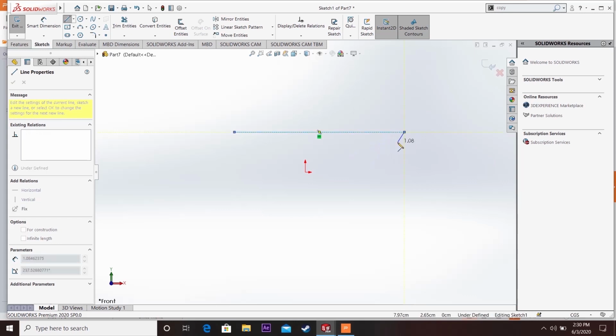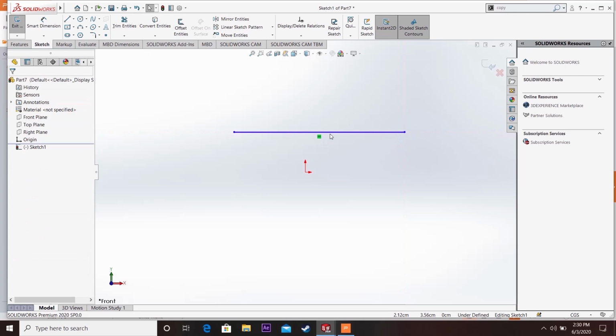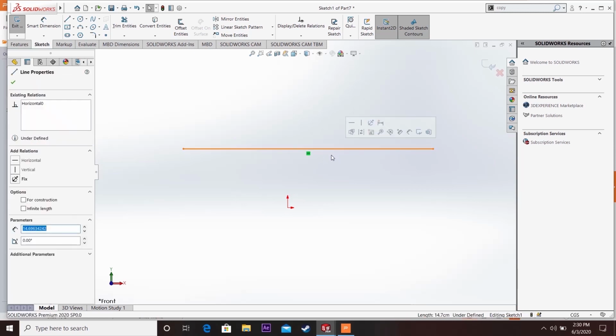If I escape, we can see this green color icon here, which is also saying that the line is horizontal. If we click on that line, on the left side in the existing relations, we can see the relation horizontal. So we can say that this line is horizontal.